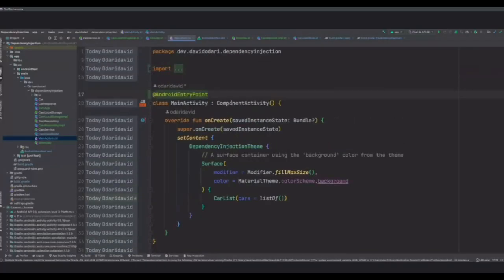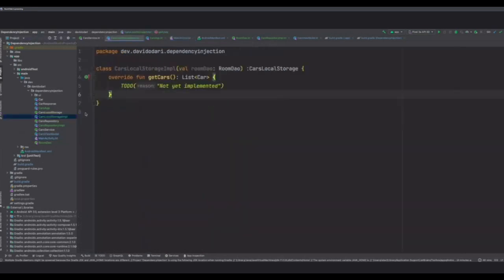The next thing I'd probably want to do is, so we've already initialized Hilt, defined our entry point, defined the app configuration, and where the starting point for the app is, but it doesn't know how to provide all these dependencies.